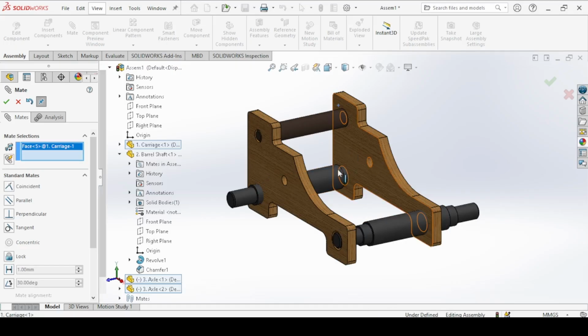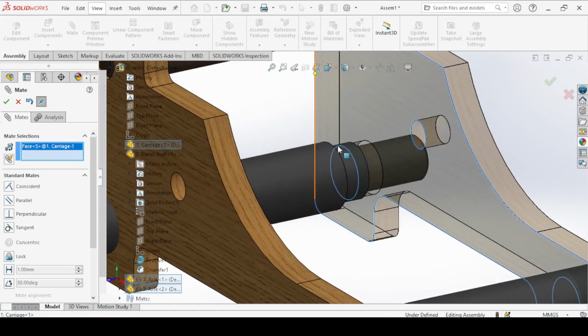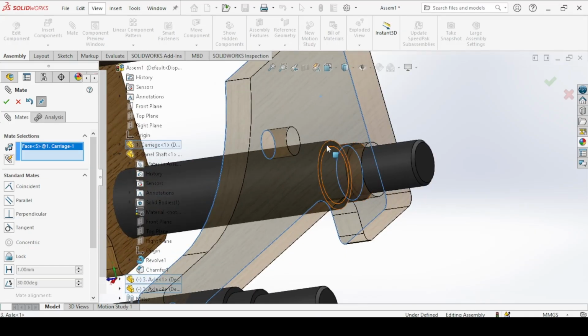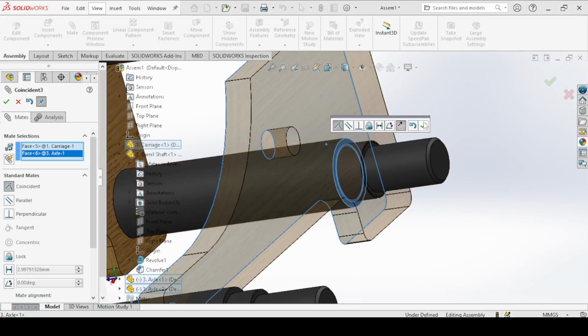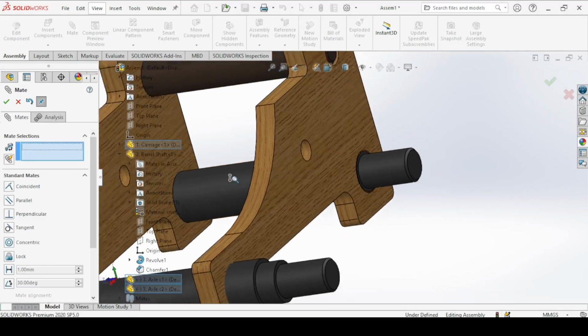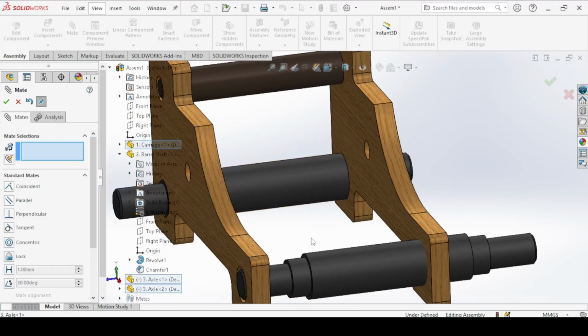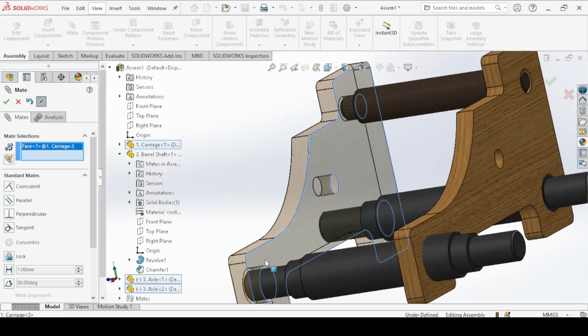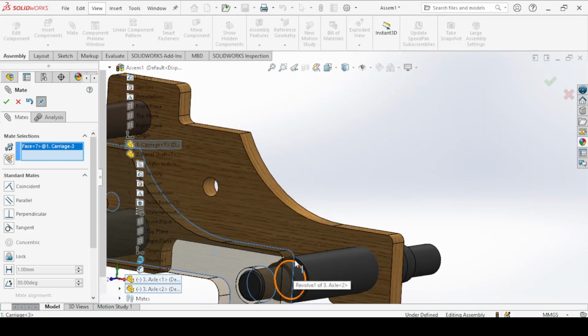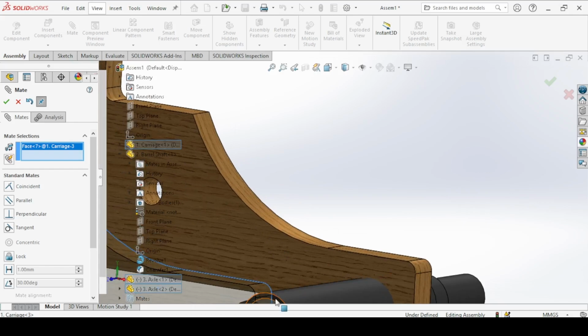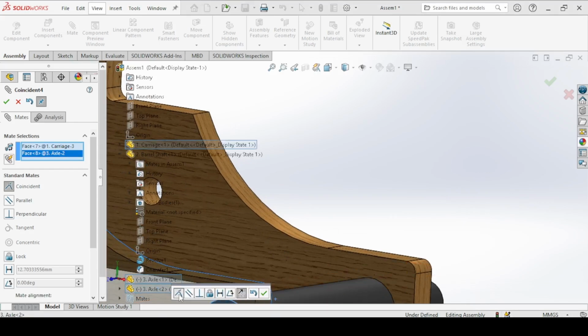And then click on this face and this face. Coincidence. Okay. Then click on this face and this face. Again, coincidence. Okay.